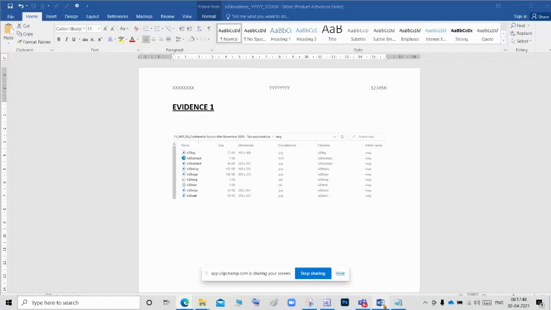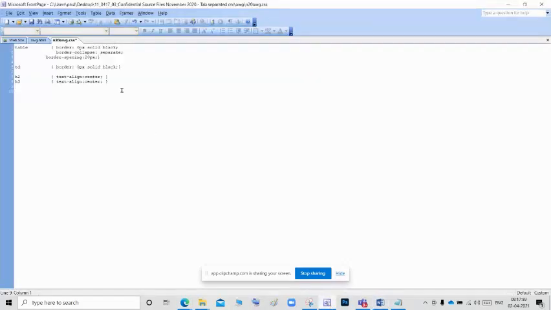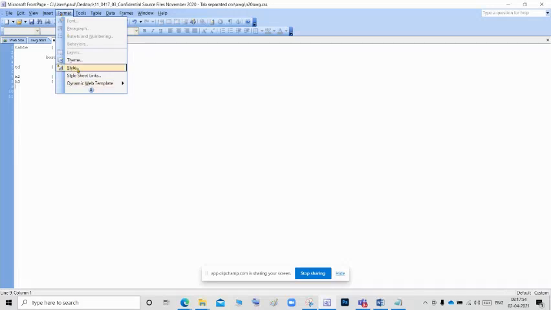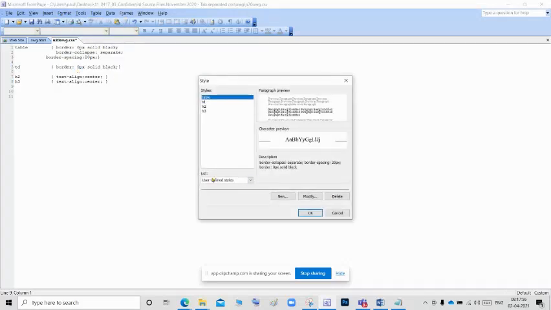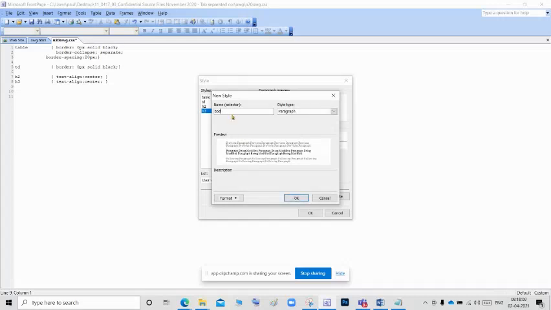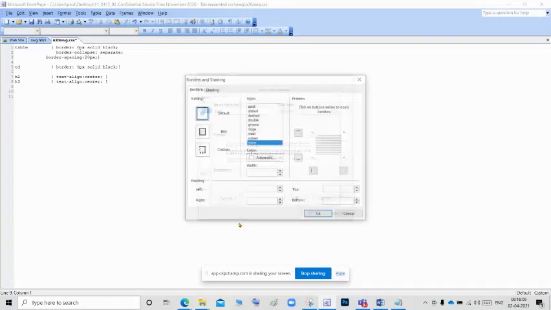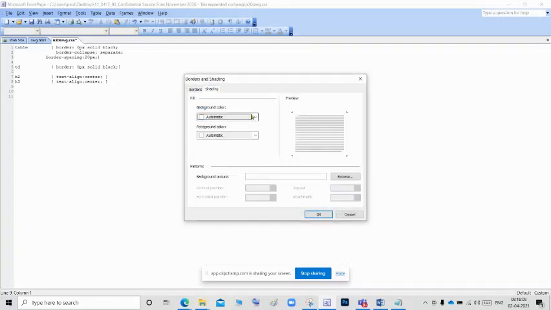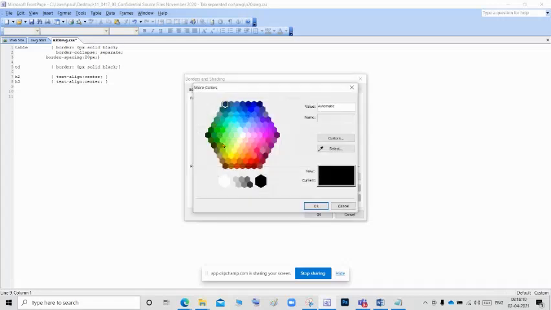So now we want to add the background color. To add the background color, we want to use the body tag. The body tag only we will add the background color. So select the H3, go to new and give body. And go to the format. The background will be available in border. Go to the border, shading, background color, more colors.